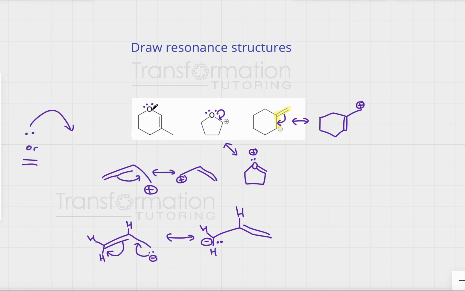And what do I do now? I notice that I have a double bond next to a lone pair of electrons. Let's highlight it. What do I do when I have a double bond next to a lone pair of electrons? I don't really have space. I guess I will go this way. So I bring my electrons here, and this pair of electrons go here from the lone pair to make a double bond, and from the double bond to make the lone pair. Now